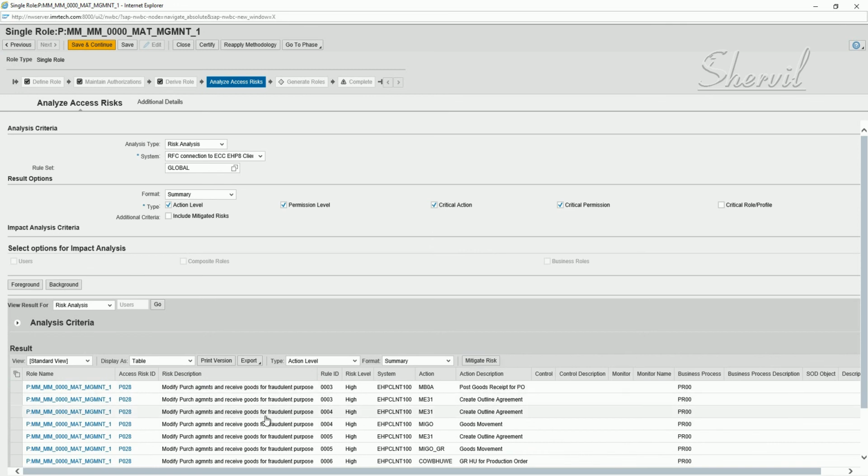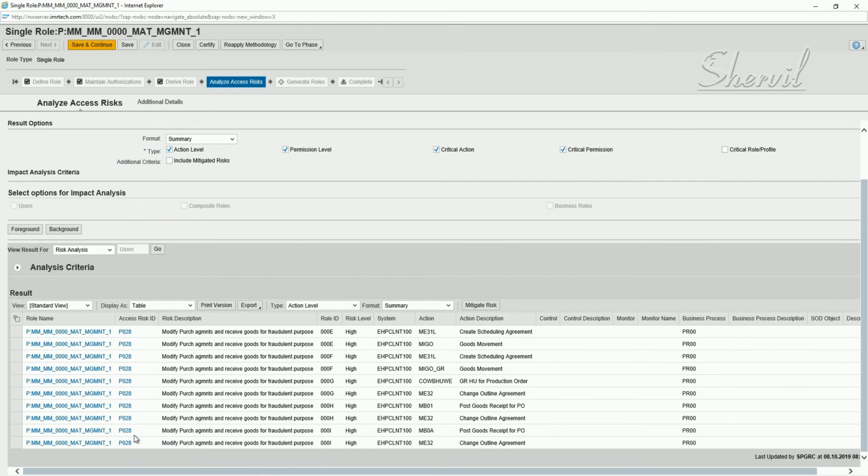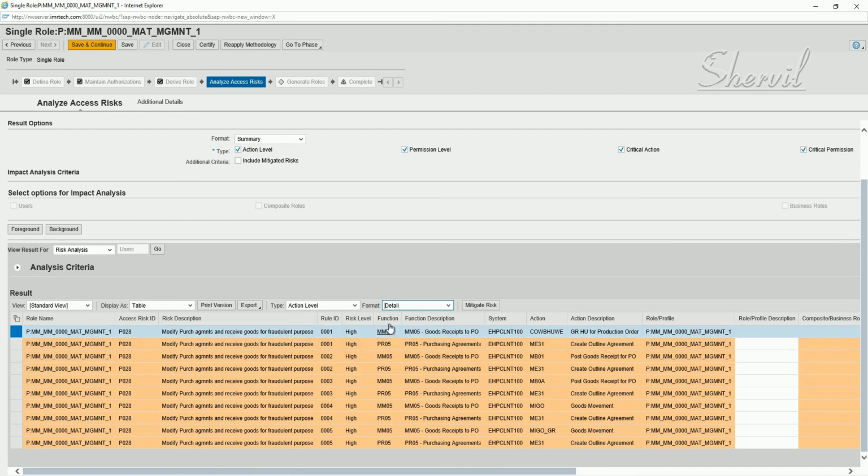Now let's see how many risk IDs you have. So this one, okay. So let's go and check the details. So you have the functions MMN05 and PR05. This is the risk ID.